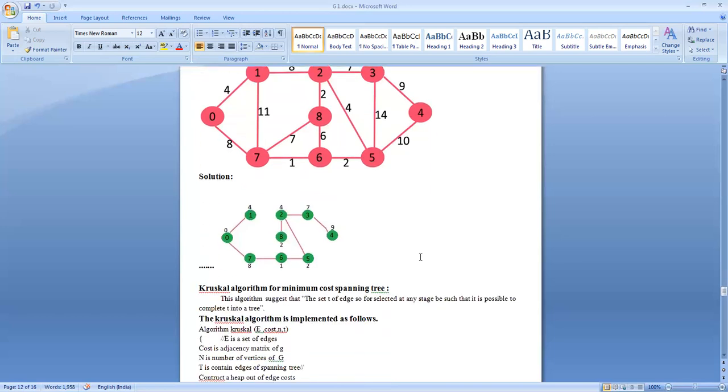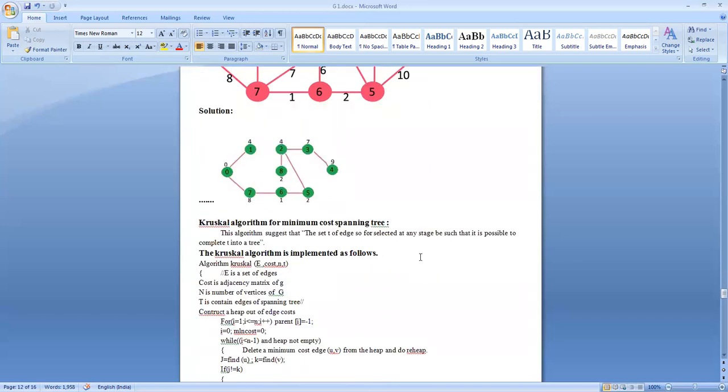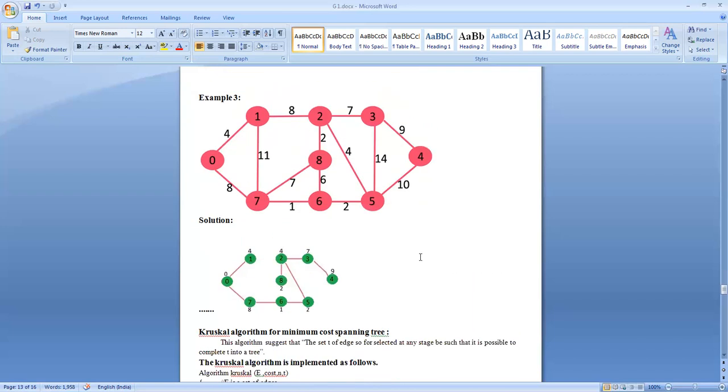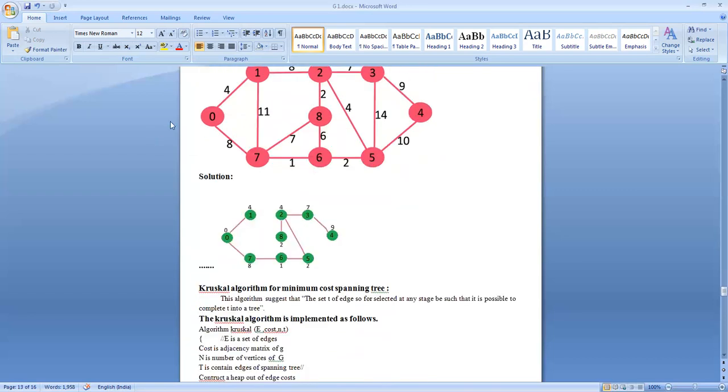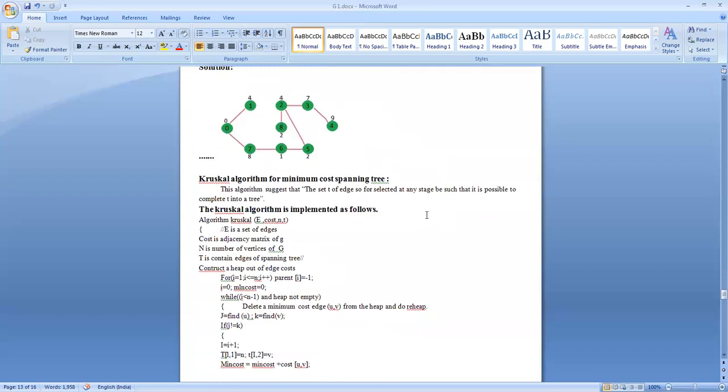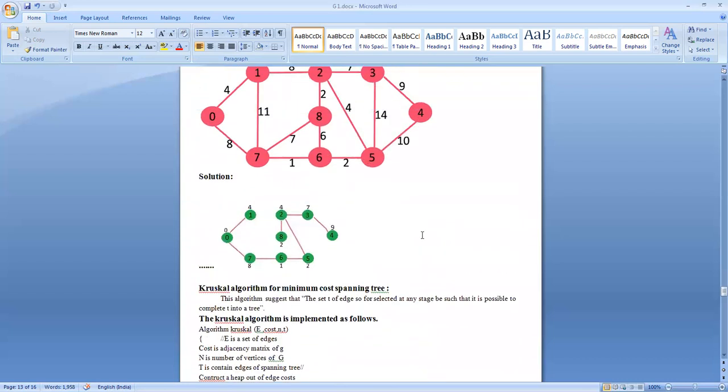Next, we will see another example, the Kruskal algorithm. The idea here is also very simple. In the Prim algorithm, we started from one vertex, then added edges such that they minimally increase the sum of the weights occurred so far. In this Kruskal approach, we will not consider any vertices, rather we will consider the edges only.